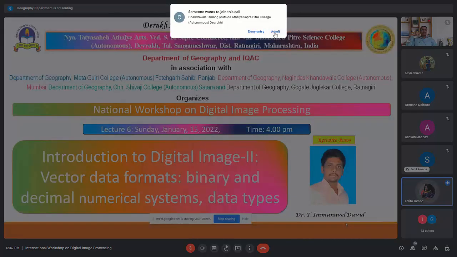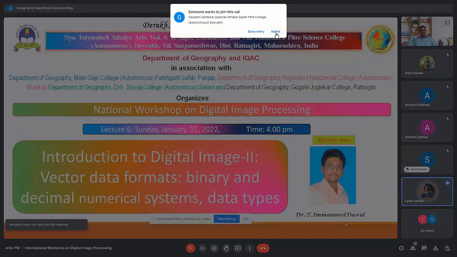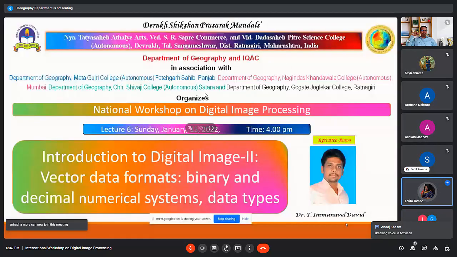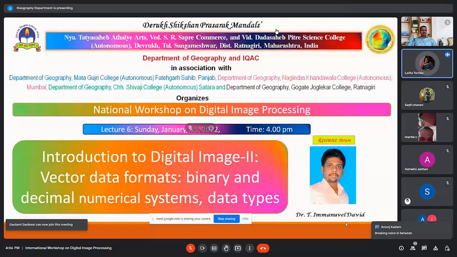His total teaching experience is around 11 to 12 years. His specialization is in remote sensing and GIS, satellite image processing, geomorphology, and geo-environmental studies.